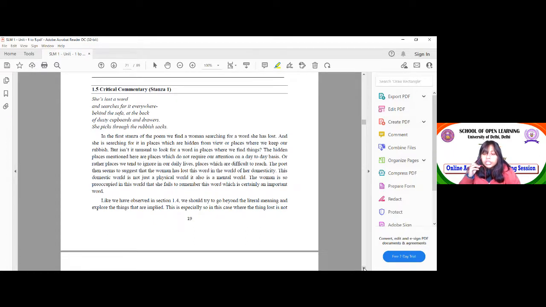But she's also talking about gender. She's also talking about gender issues. And what does she mean here? She means that